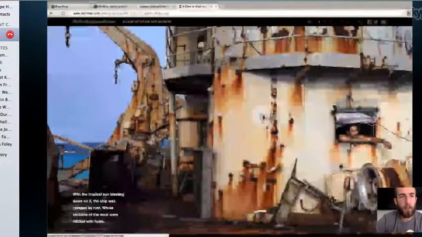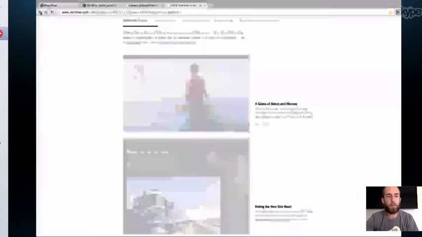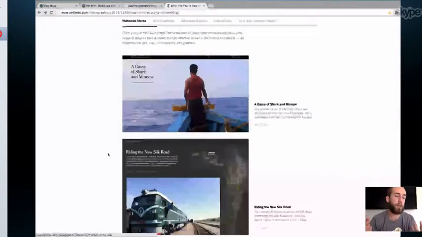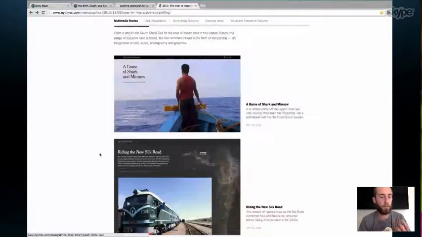So in this case, you're actually experiencing the story rather than just reading and trying to gauge the emotions that the story is trying to pull out yourself. So